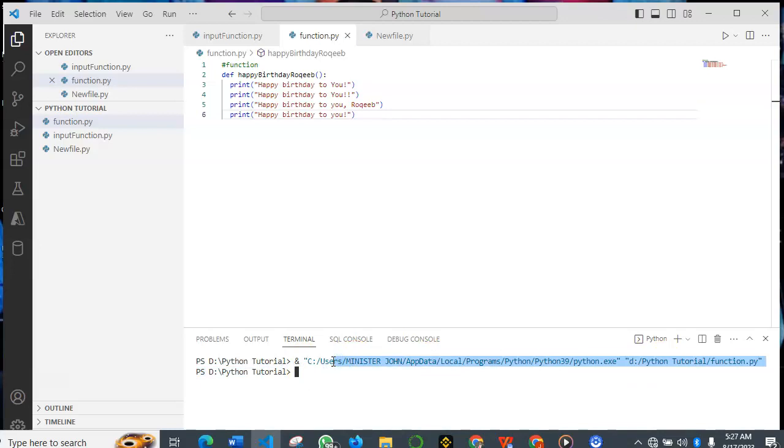So what am I going to do? There's what we call function calling. So after writing a function, you will call the function. Now you can also, okay, for instance, now let me